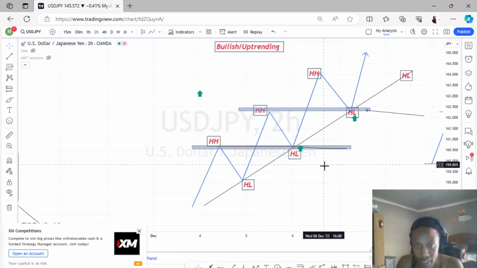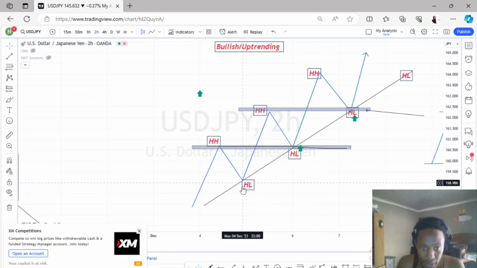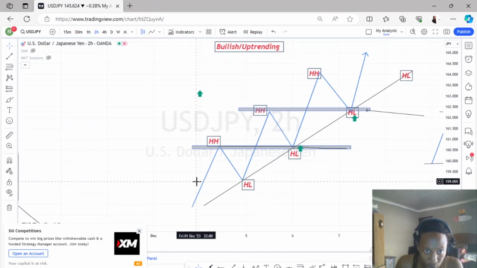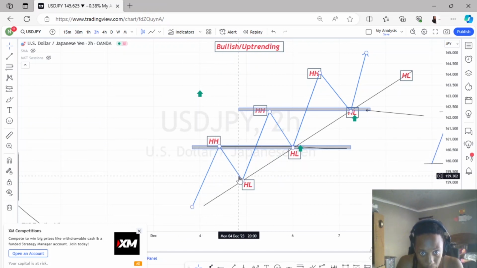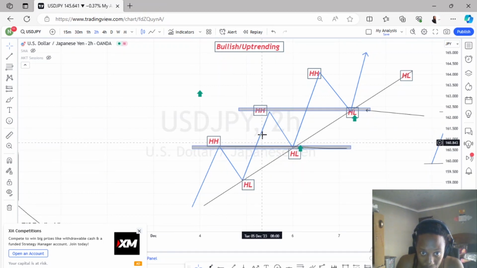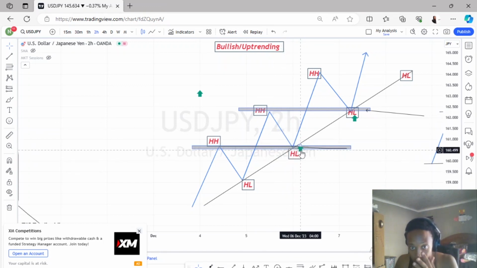In an uptrend, there's a higher high and a higher low. The market came and created this high, went back to create this low, and went up again to break this high,